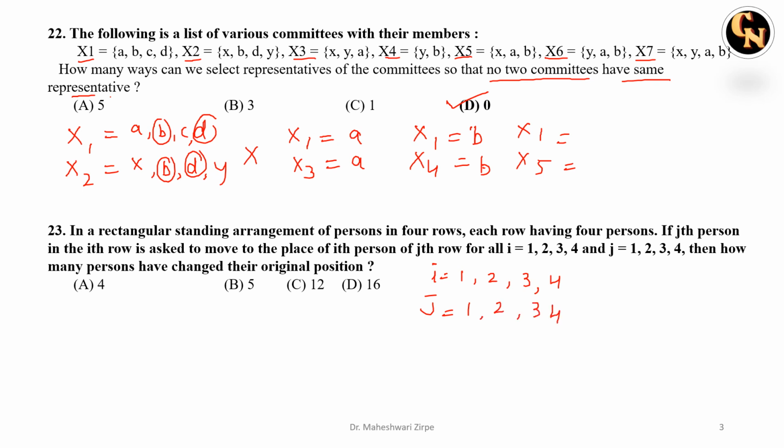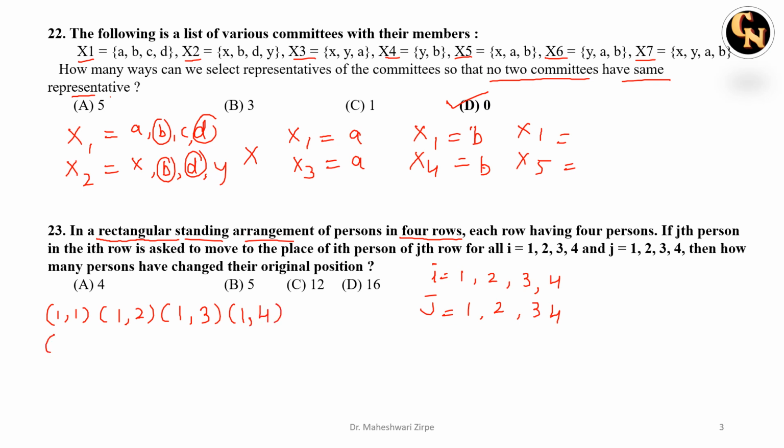Now if they are saying that it is a rectangular standing arrangement of four rows, then basically we will have it this way: 1 1, then 1 2. Among these we can have the rows 1 3 and 1 4 using the i and j